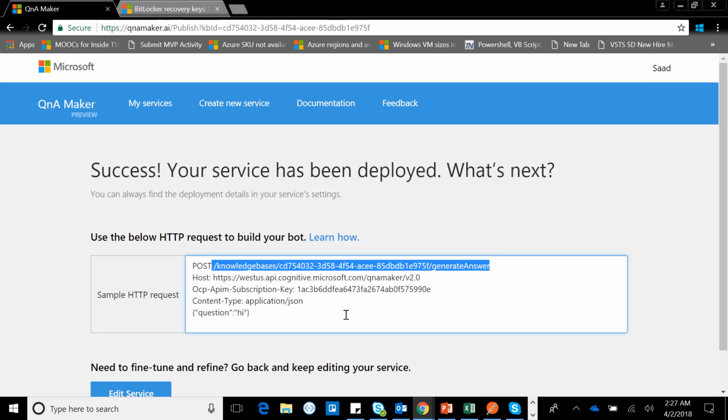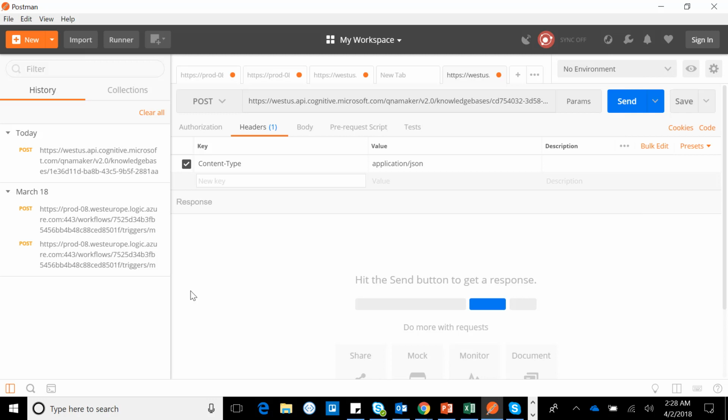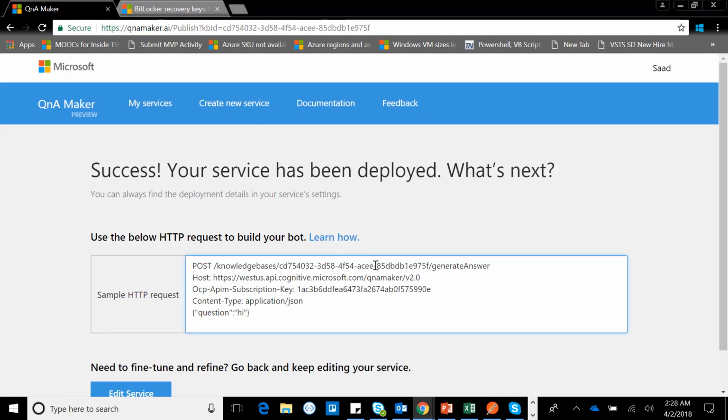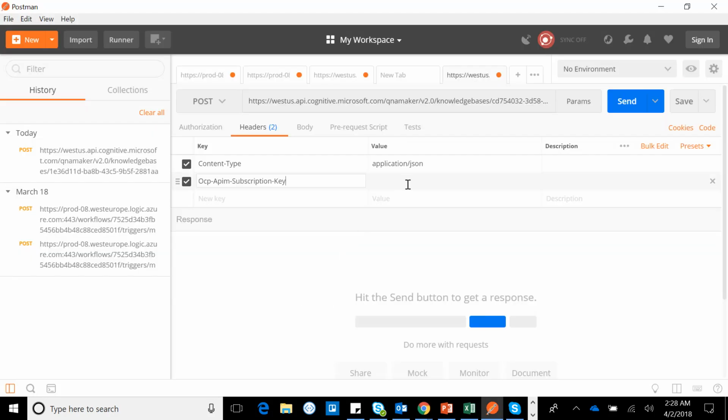But then I'll go back, and I need to add one more header, which would be our subscription key. And this happens to be our knowledge base ID that has been appended here. As it is a key-value pair, I'll give it a value here, and in the body,